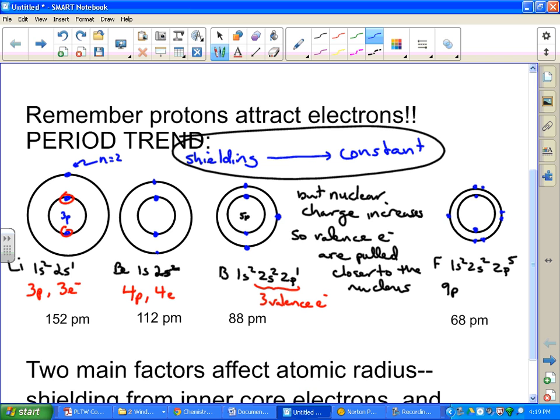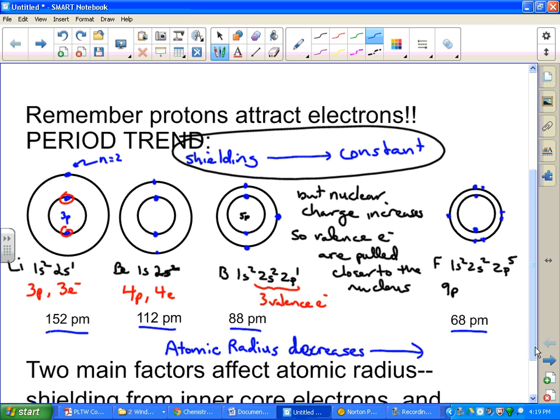And if we look at the actual sizes of these atoms, lithium is 152 picometers, beryllium's 112, boron 88, fluorine all the way across 68. So atomic radius really decreases from left to right. But it's not good enough to just say atomic radius decreases left to right, because it does. Atomic radius decreases from left to right